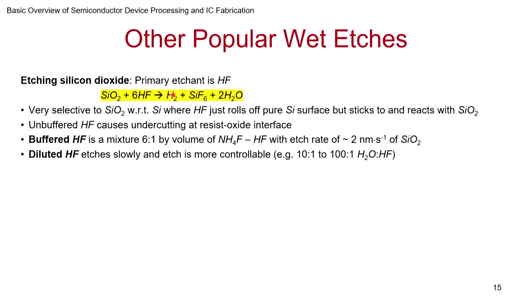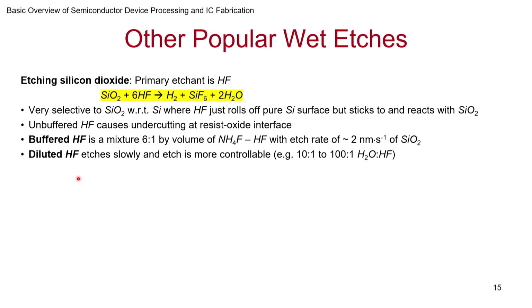Okay, but if you use concentrated HF, during the etching process, it may be so fast and it may end up affecting the photoresist and so on. So you don't want to do that. So very often you use buffered HF. And how do you buffer it? You put ammonium fluoride. That ensures that the fluoride concentration remains constant and doesn't suddenly dip, and there is a steady amount of etching that is happening.